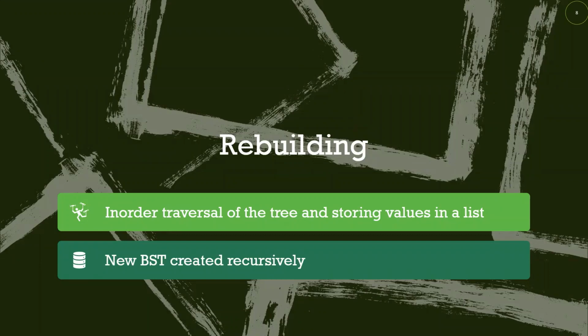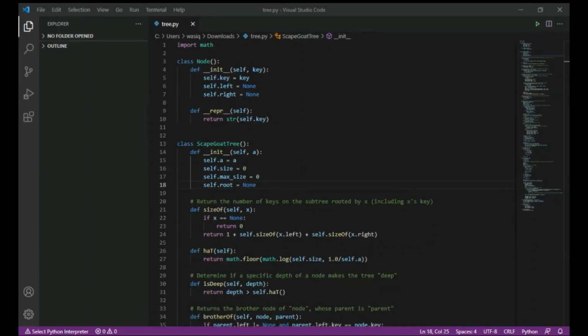And now Wasik will discuss the functionality of the data structure. Okay, so now that Aliza has explained the idea of a scapegoat tree and how it works, I will discuss the code that we have used to implement a scapegoat tree in our project. First, we have created a class to define nodes that we have to use in the tree for storing data. Then we have implemented our main class. In the initialization or constructor function, we are taking a as input, which is the value for the alpha key according to which the tree has to be balanced.